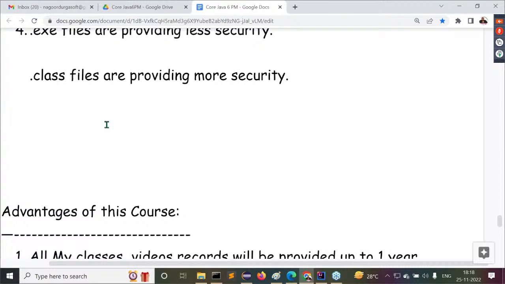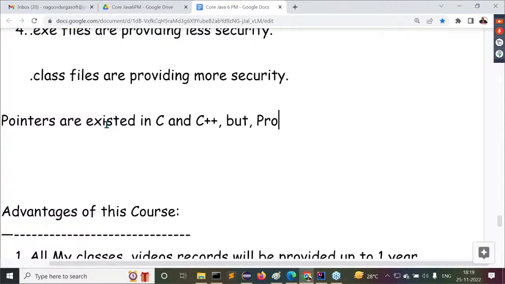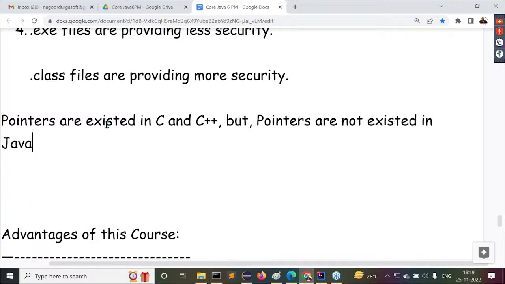Now let's come to this fifth difference, guys. Difference number 5. What is that fifth difference? Pointers exist in C and C++, but pointers do not exist in Java.